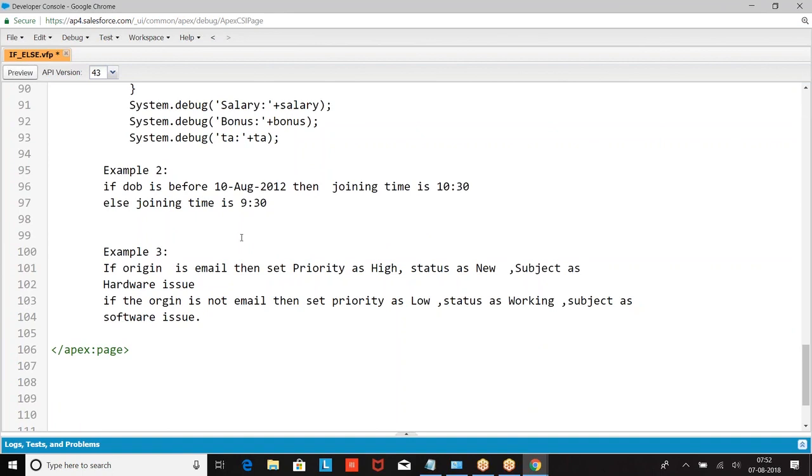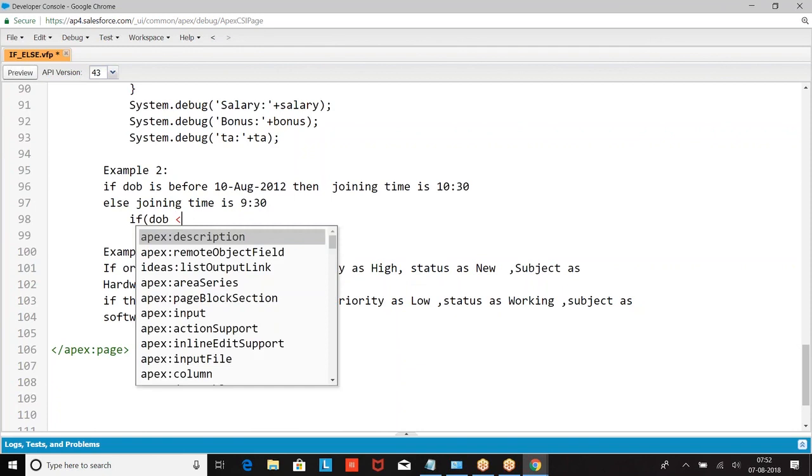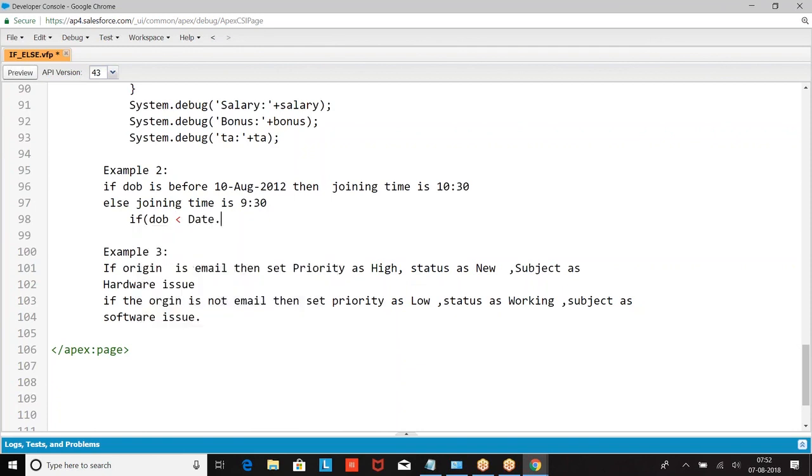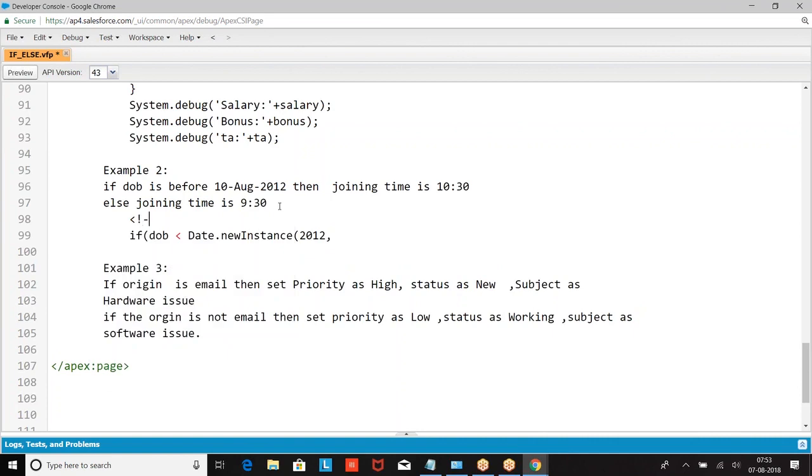First one, how do you define it? If date of birth is before, that means less than date dot instance of 2012, August, which is 8, then 10th.